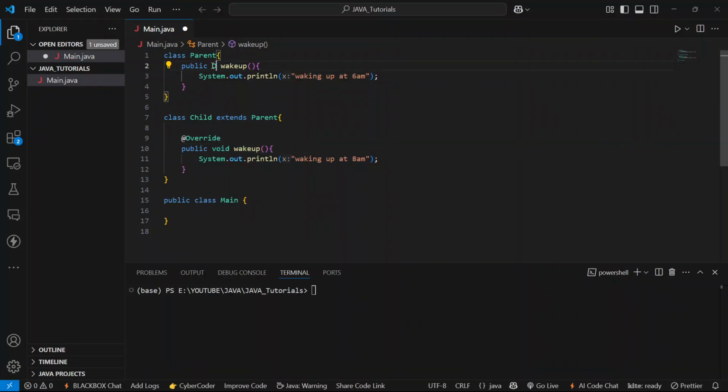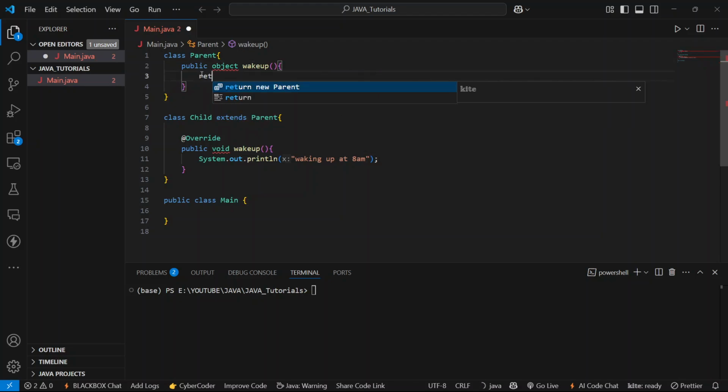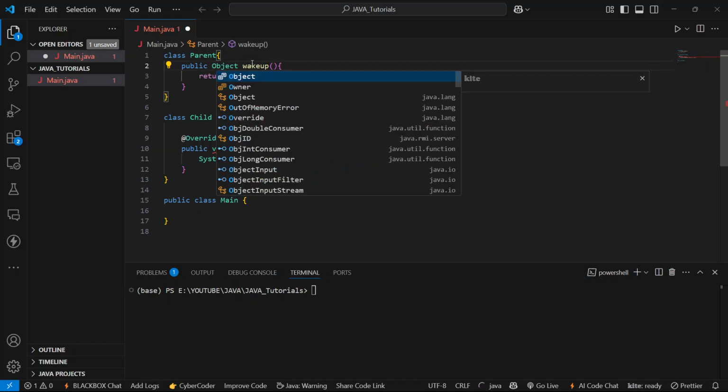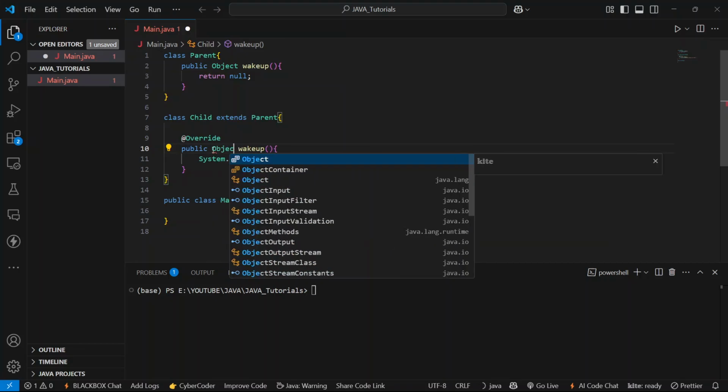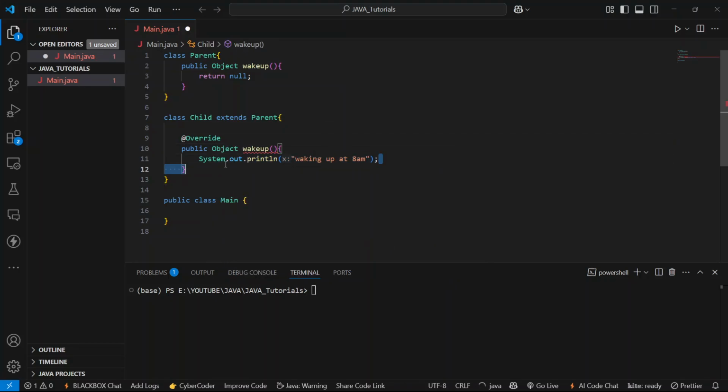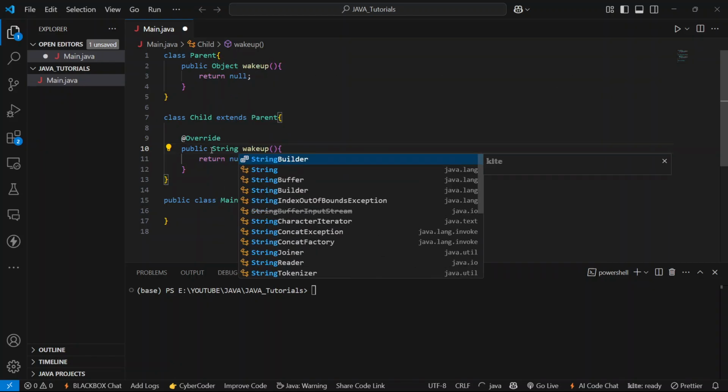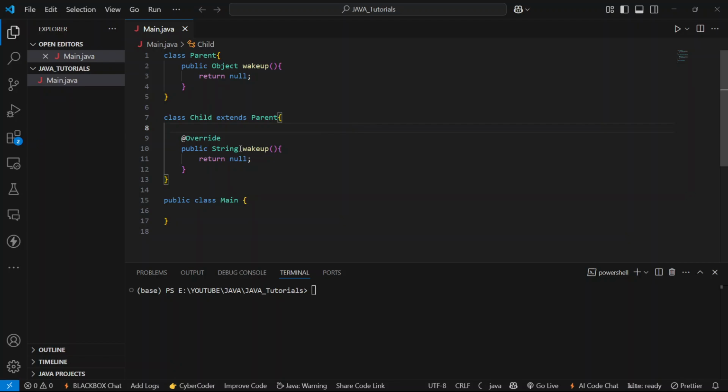Here, if I keep the return type as Object and return null, which is the default value of Object, here the return type is Object and returning null. So here we can keep Object. We all know that the same return type is valid. If we keep Object, it doesn't raise any error. If we keep String, it doesn't raise any error. If we keep StringBuffer